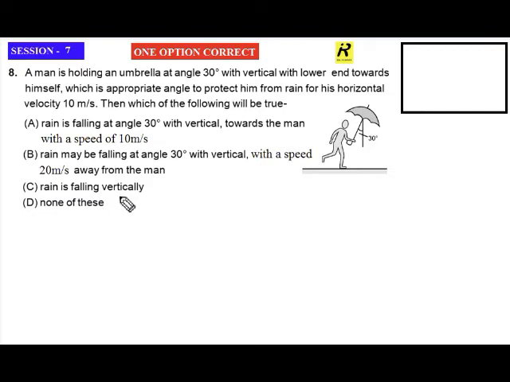But in this option, he has not given any value for the rain. So that means it is little doubtful. So I cannot go for choosing this option. So I may think this is wrong. So no doubt this is wrong because we already obtained option B. So probably this is one of the best questions to know the concept of how we can use the vector drawings.